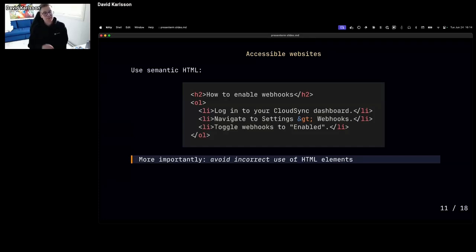an incorrectly placed H2 element, let's say, can be really detrimental to the meaning of content. In RAG, for example, you might chunk the content of a page based on sections, and in Markdown, when you encounter an H2 element, that's going to signify a new section. So at the end of the day, just use semantic HTML and use as simple markup as possible, like